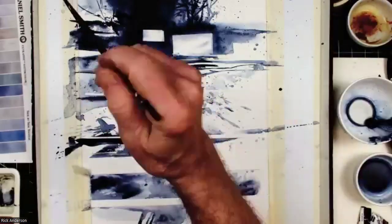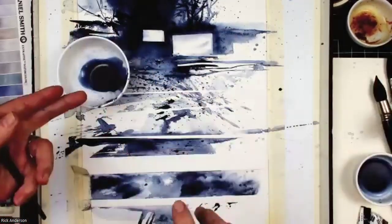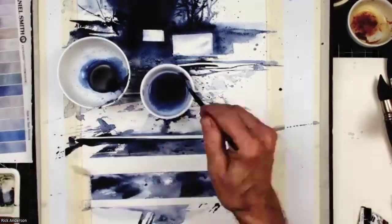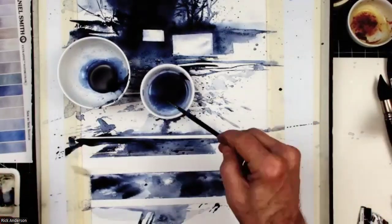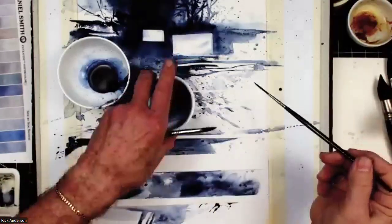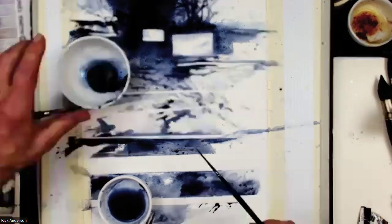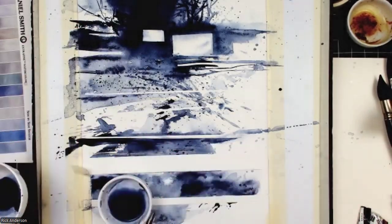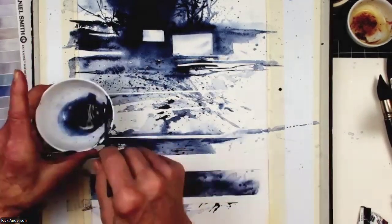So I like to use like the brush here. And also what I did, this is a more thick indigo mixture, and this is more of a wash here. And I did this on purpose so that way, if I want just to lay in just some, soften these edges, look what it does. Just break that up, which softens that hard edge, but you still have the feeling of the depth there. And with the thicker paint here,